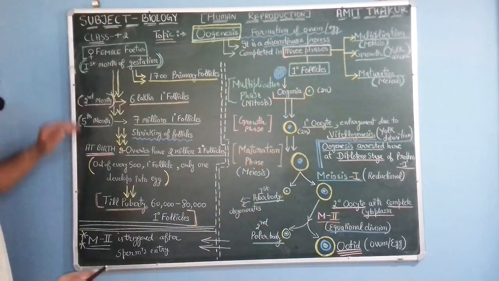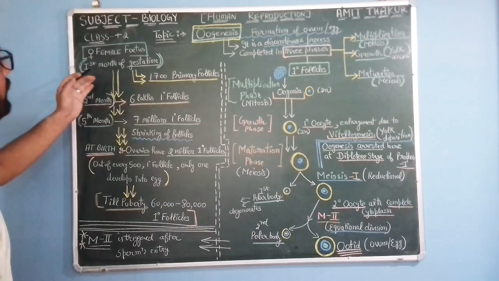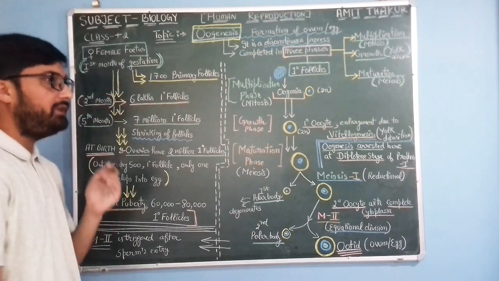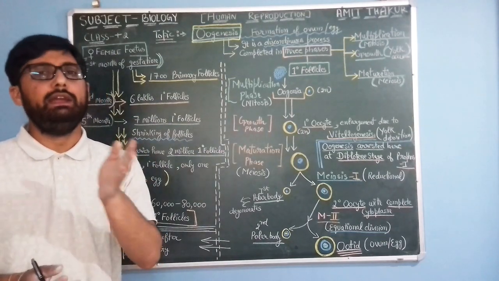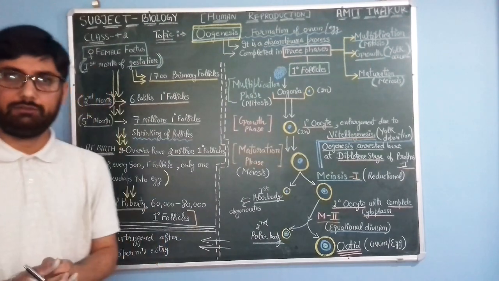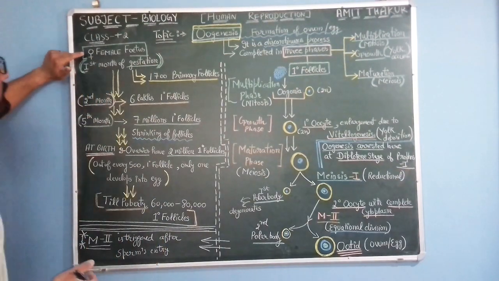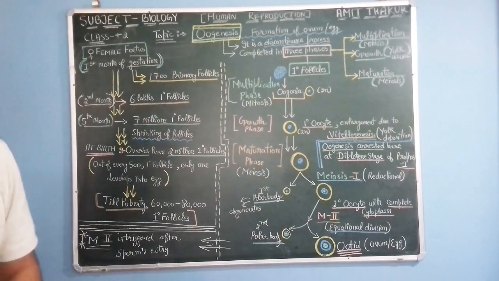Here you can see the first month of gestation period, especially the 6th to 8th week. What happens in the female fetus? You can write over here,